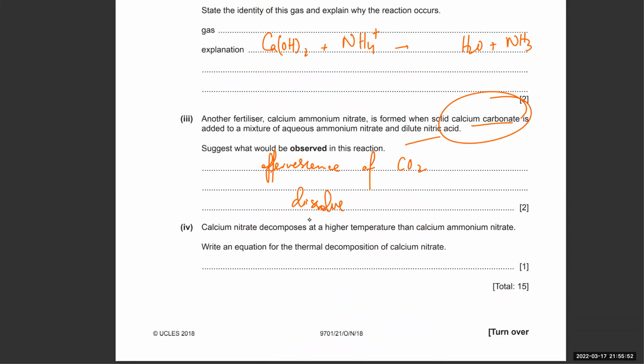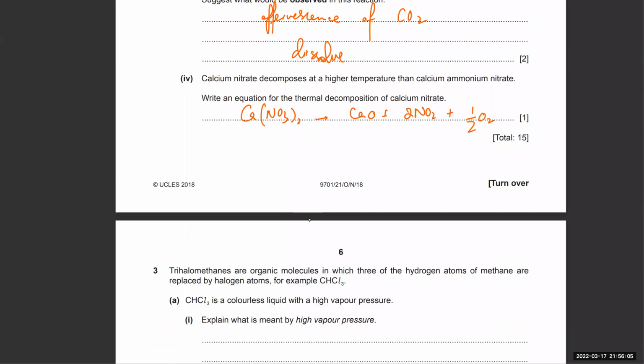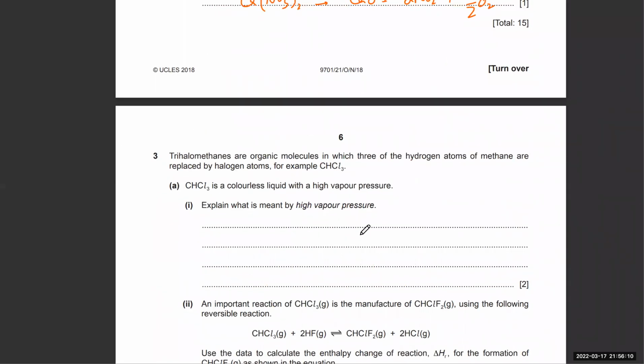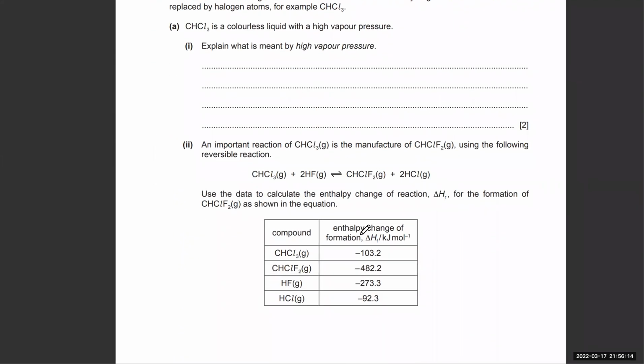Calcium nitrate decomposes, so write the equation for decomposition: it decomposes and produces calcium oxide plus 2NO2 plus half O2. Vapor pressure is no longer in your course, so I'm not going to do that. But here, let's